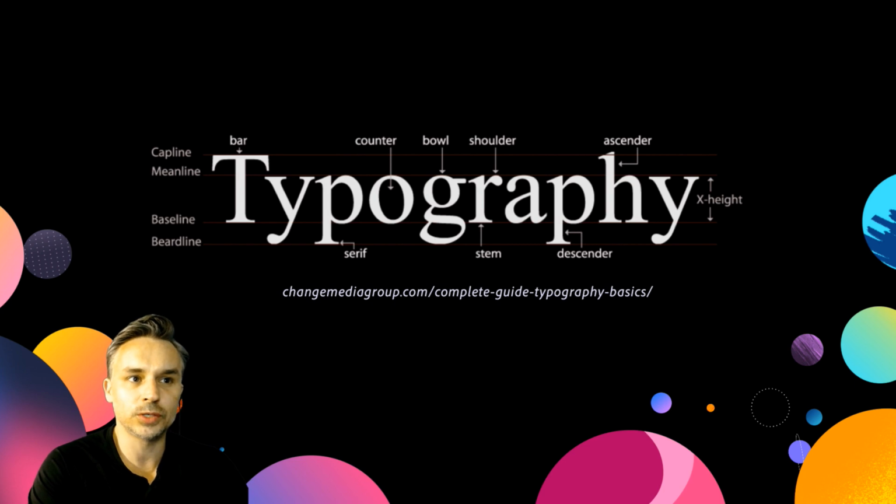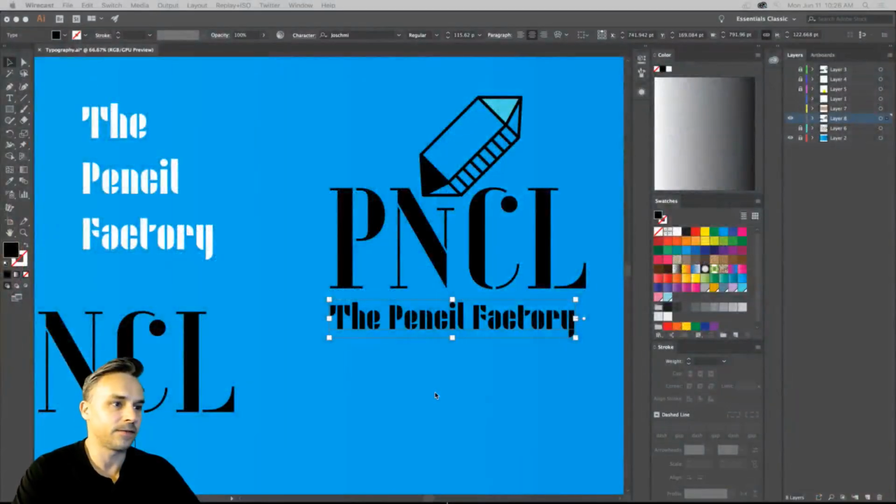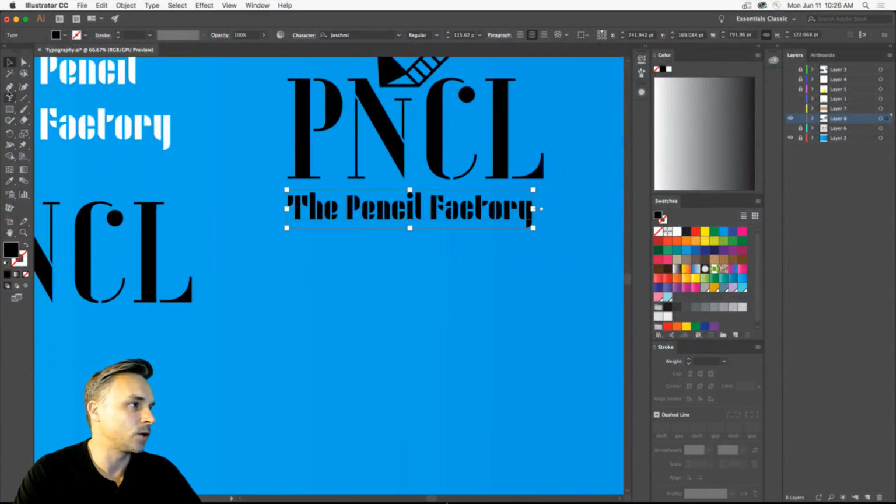I want to point out too, which would be obviously the serif and the X height. Keep in mind the X height, the height of, say, a lowercase o. That's going to be your X height, or an X. You know, they show an O here, but if they had an X, that's where that comes from. A lowercase x is the X height. And typically, when I pair fonts, I want to make sure it's maybe a serif and a sans serif, and then I'm very mindful of the X height. I want the X heights to be similar, right? So that's the whole idea. Keep in mind serif and X height. Those are the only two things you need to know there. The rest is just fancy stuff for helping you pass a quiz.